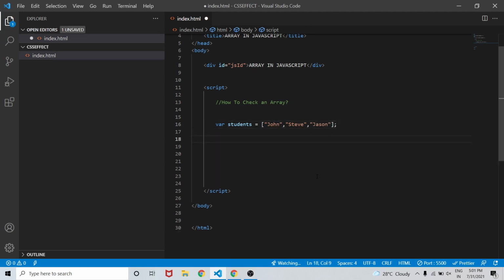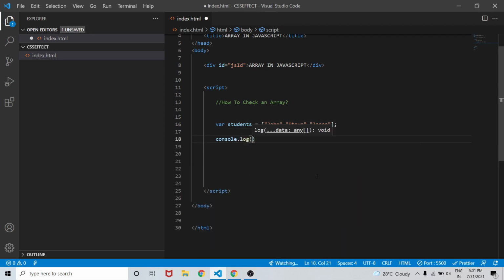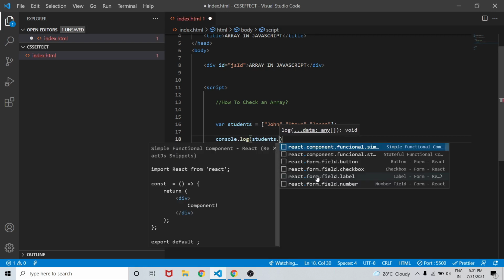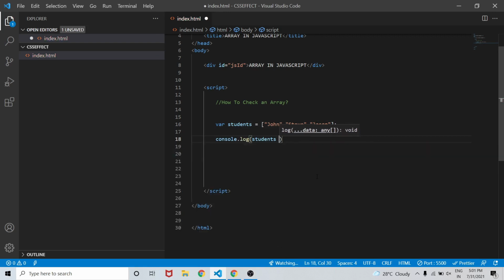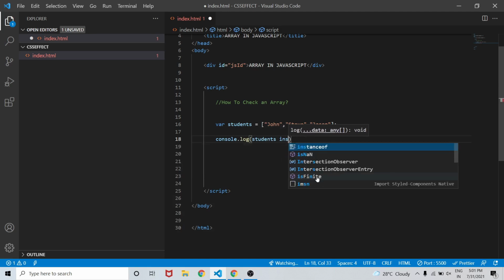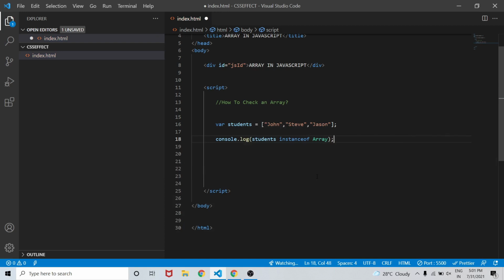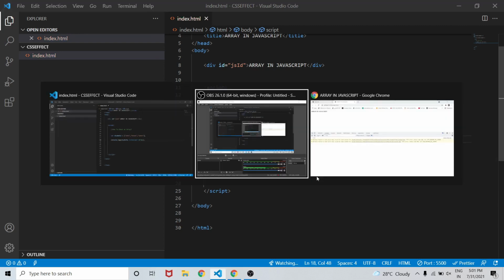To check whether it is an array or not, we have something named instanceof. So I will write console.log students instanceof Array. This will check whether our students variable is an instance of Array. If it is, then it will return true.